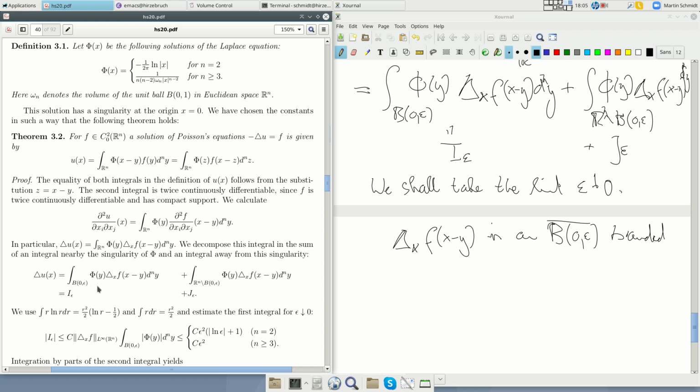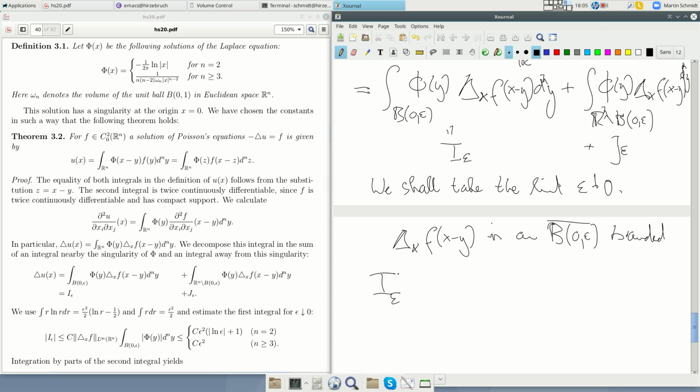So let's try to estimate this, and then we get that the absolute value is smaller or equal to some constant times the supremum norm of f on R^n, the supremum. Since it has compact support, we have such a supremum,